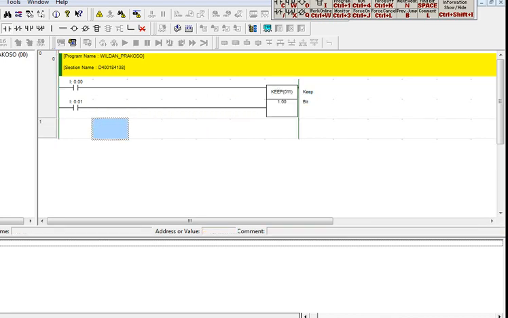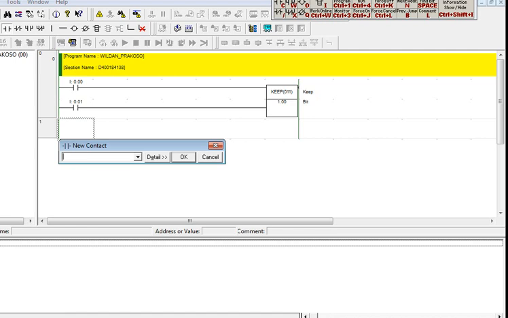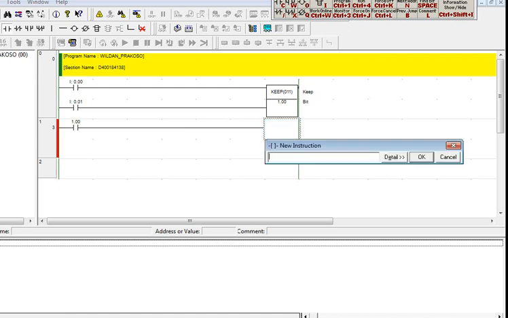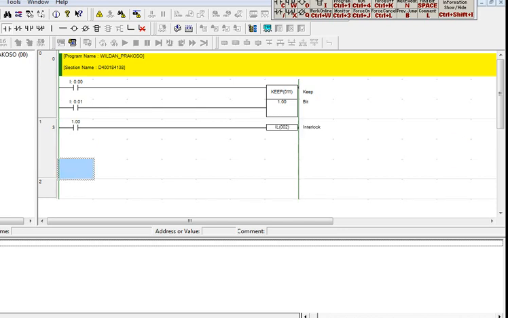After we made this program, I built with interlock, and then we also need the contact 100, because it continues from the KEEP. And then we build the ILC, interlock, and then after that